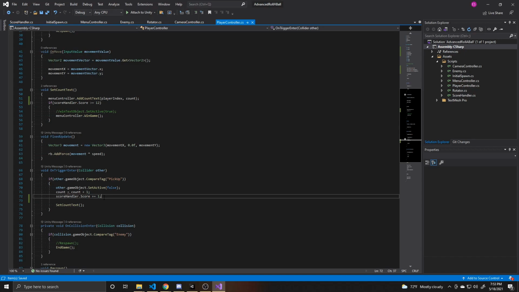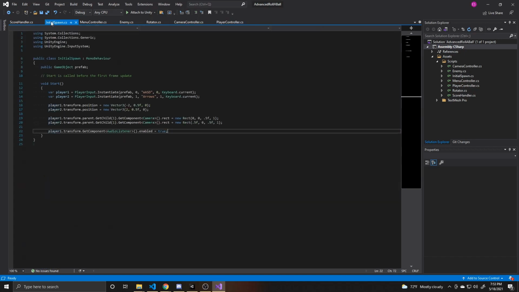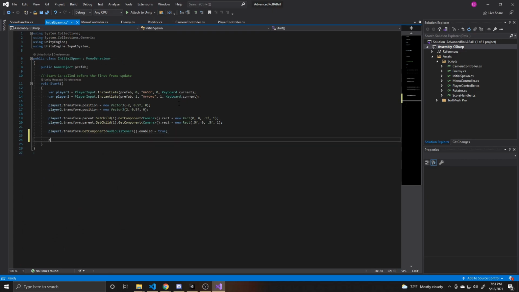And now finally we can go over to our initial spawn script and assign those player indexes. So we're just going to do this at the bottom. So player1 dot get component player controller. And then on this player controller we want to get our player index, and we're going to set the first one to 0. And then I'm just going to copy paste this and set players2 index to 1. And that is all of the scripting we'll be doing in this tutorial,